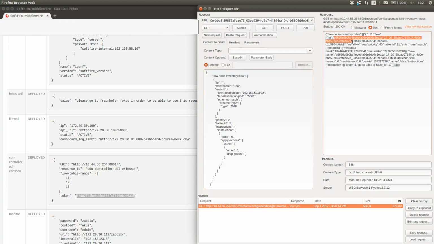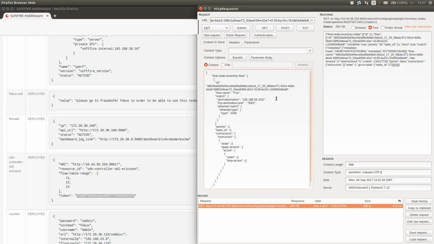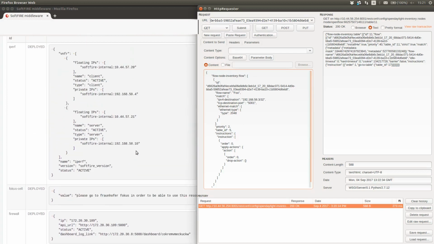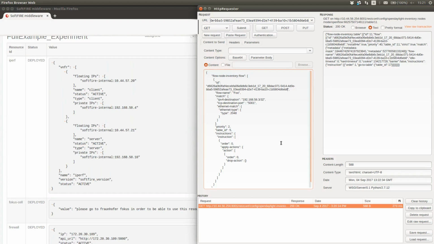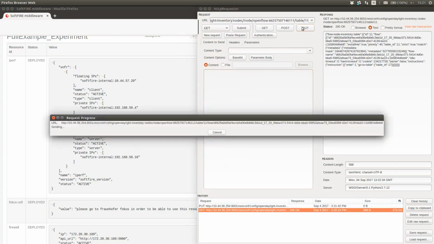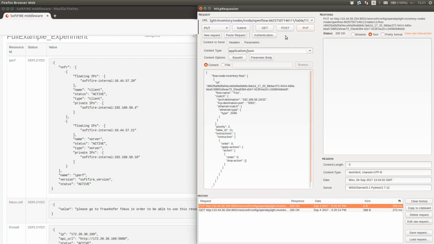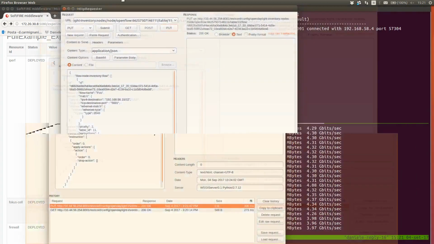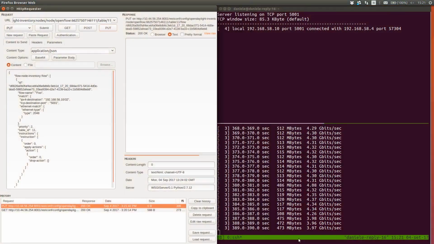And what we want to do with this flow is to disable the traffic to the IP endpoint of the iPerf server. So we'll change the IP inside the IPv4 destination with the internal IP address of the server. We already have the destination port selected to 5001. We change the table ID with 11 and we specify the drop action. Now we perform a PUT and what we get is a 200 OK answer. So our rule was injected inside the switch, and what we can see from the terminal is that now the